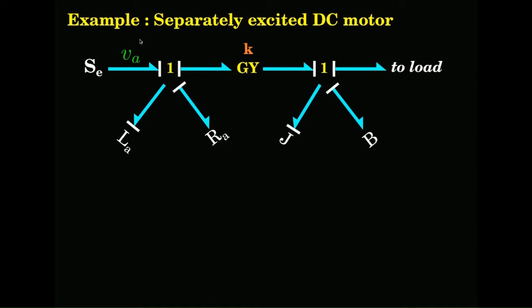So, when I put this kind of a symbol, it means this is the large signal variable. It is composed of two parts. One is the steady state variable part and the small signal part. IA is the state variable because this is the dynamic element and the effect of this particular bond. This is the flow decider for this junction. Then you have omega, which is another state variable.